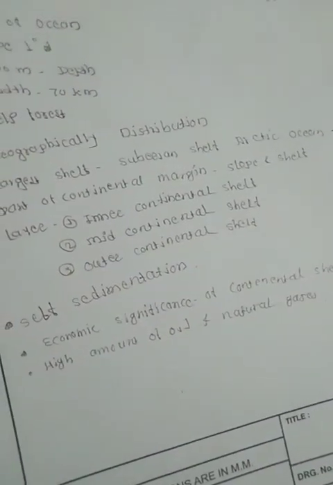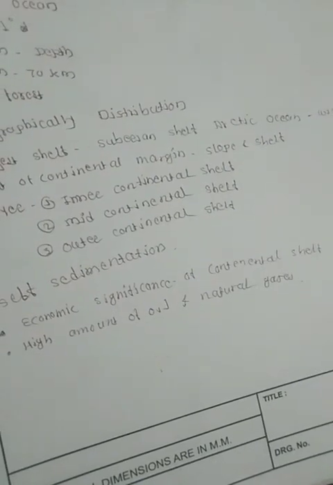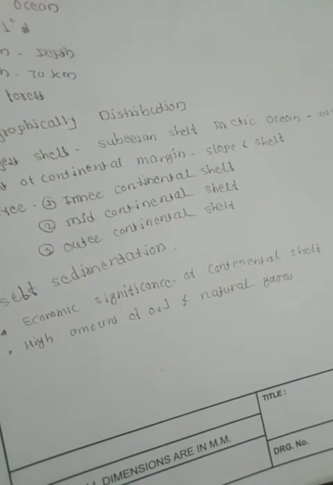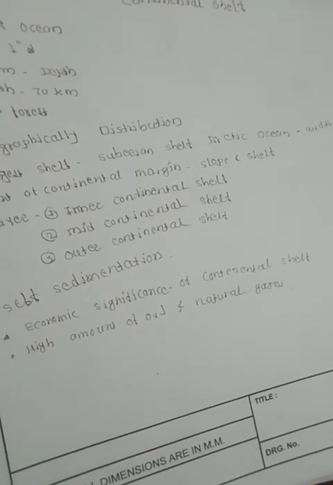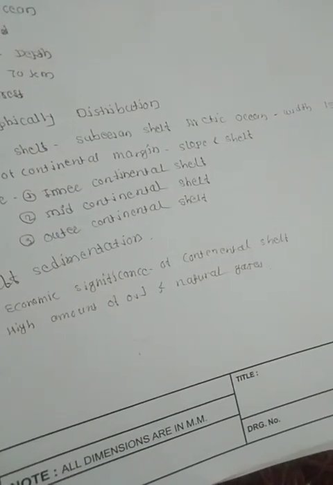So continental shelf is a part of the ocean where the slope is less than 1 degree, the width is 70 kilometers and the normal depth is 150 meters. So the geographical distribution means